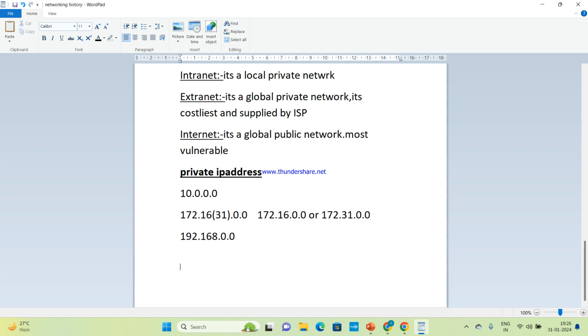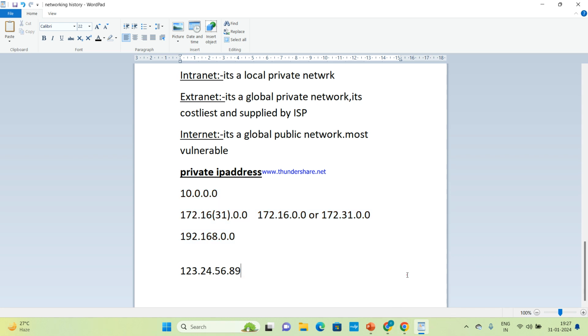Is it private or public? It's public. So other than these three private ranges, other addresses will be public.